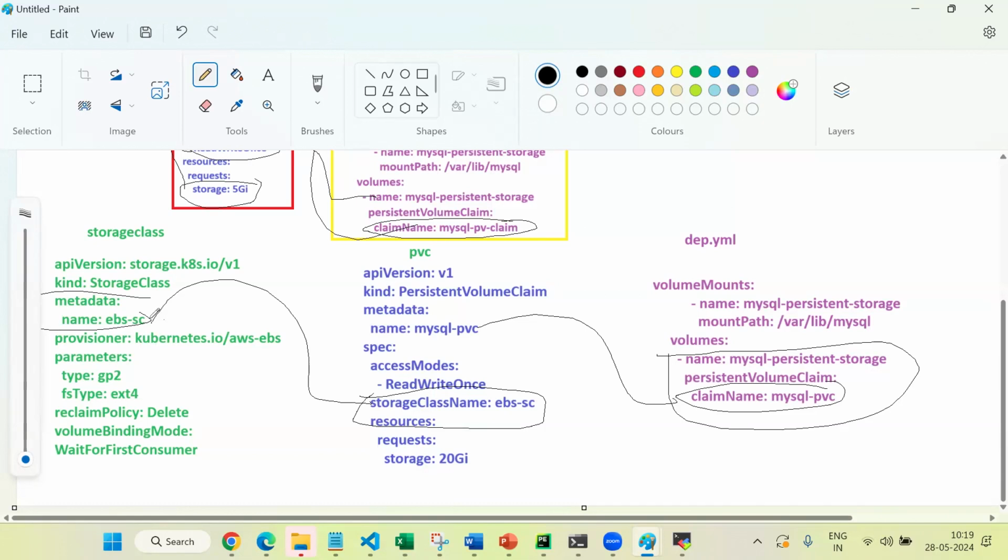I mean, first you should create a PV in the form of storage class. That storage class will create a PVC. From the PVC, the deployment will be created. So here we need to understand one thing. Okay, let's first try whether it is created or not. So first, what we can understand,